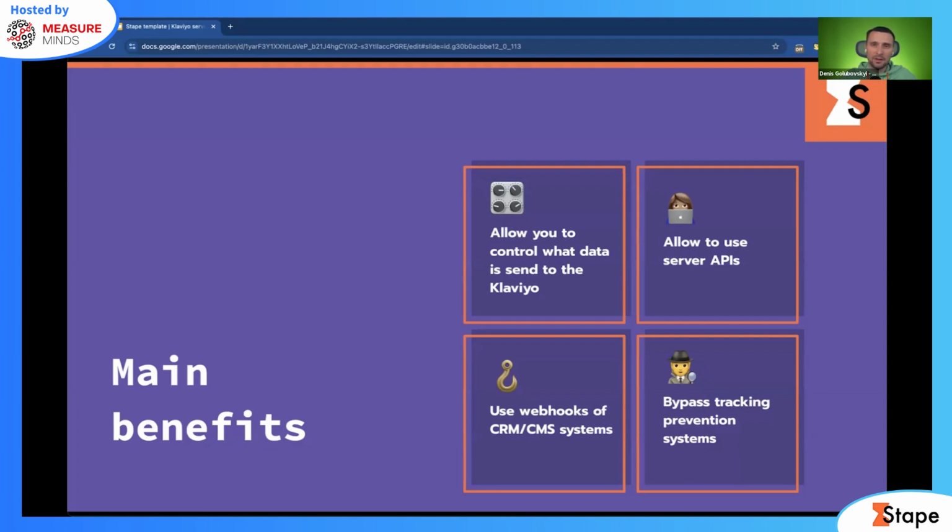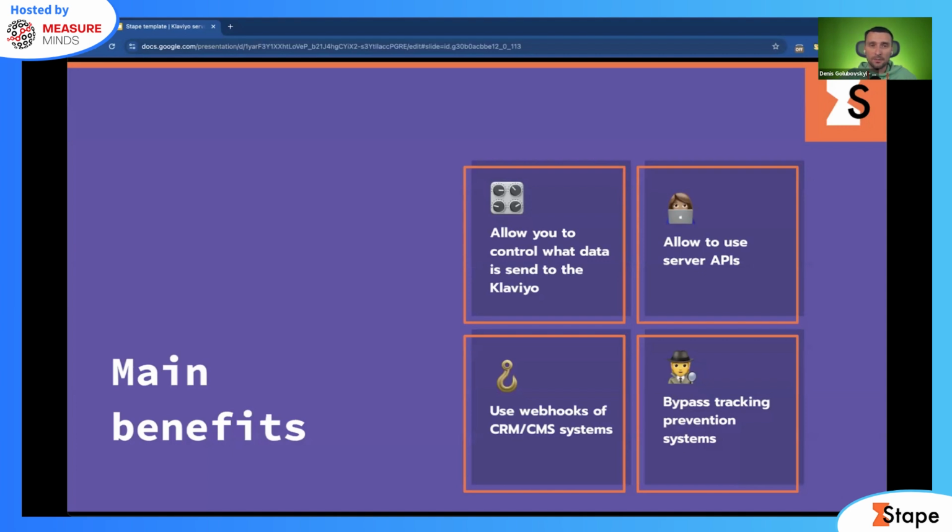And we see that more and more brands use server-side GTM as main tool for gathering all events from different sources, not only websites, but also from CRM systems, payment systems, and some even use it already